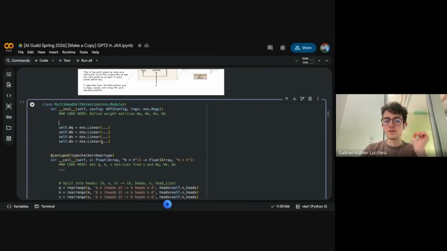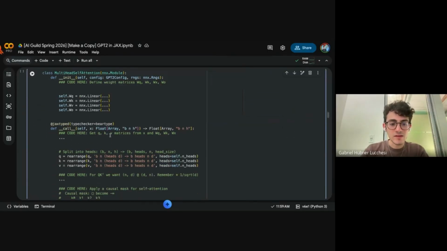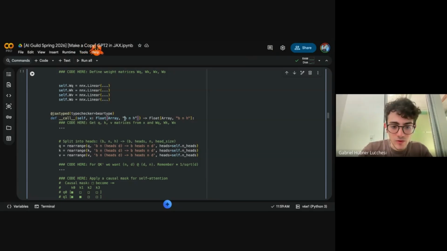The problem is, since we have these heads and basically our input is of size B, S, H, you also have to make sure that you can split whatever is in your hidden stream. So let's say that my hidden size H is 768 dimensions.